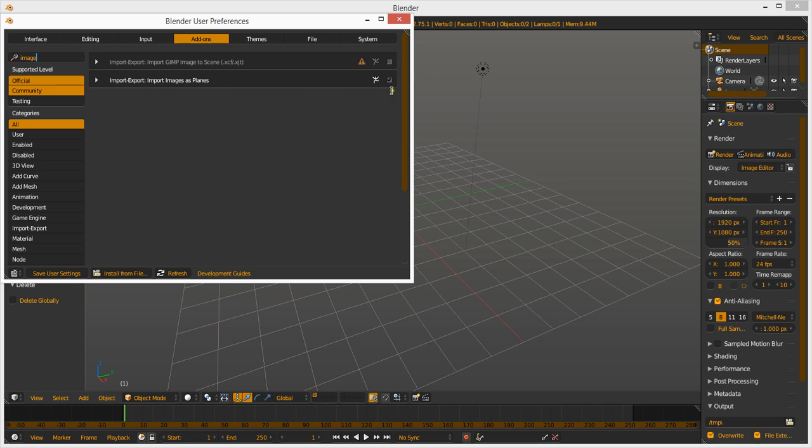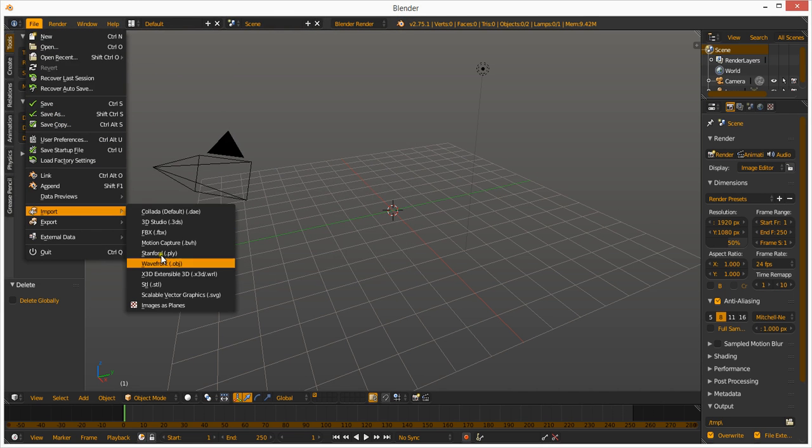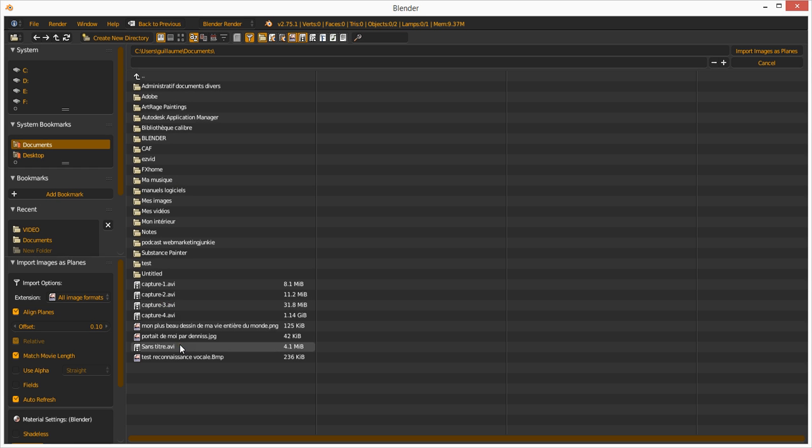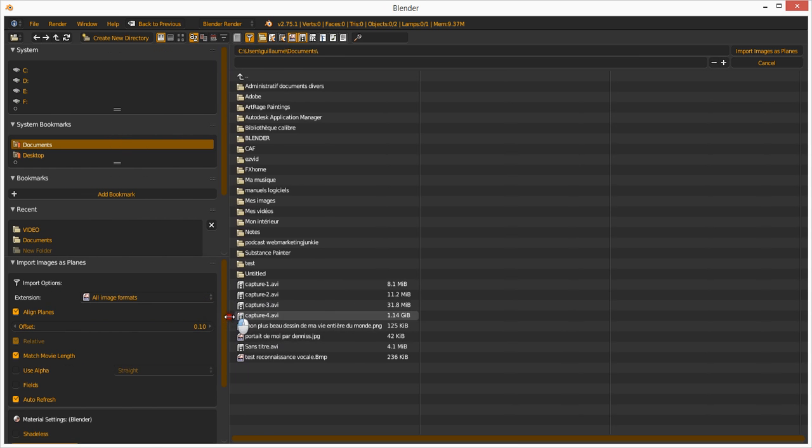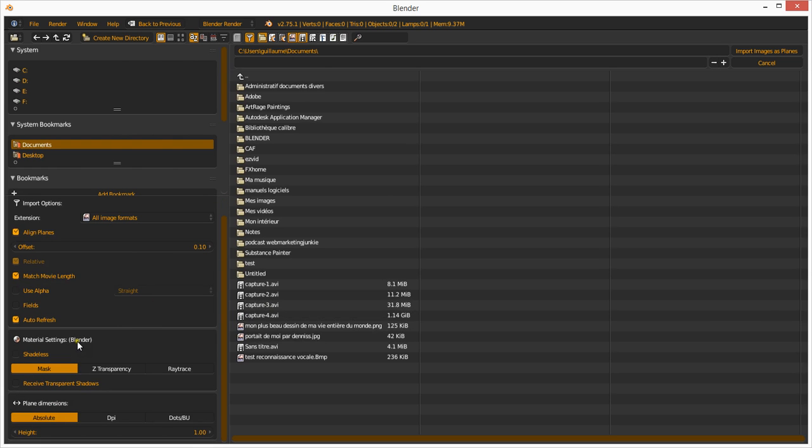I'll show you this right now. You just have to close this. You go to File, to Import. Here you have Image as Plane. You click here and you can select one image or one video. You have a very important panel here, where you can choose different kinds of things. The two things I use personally are